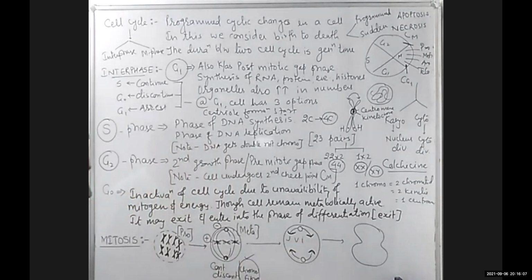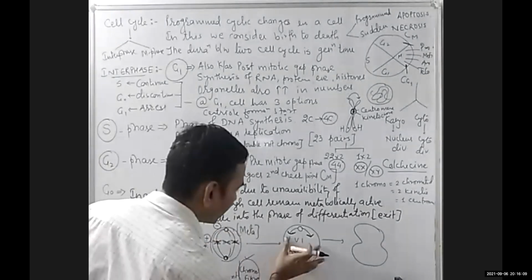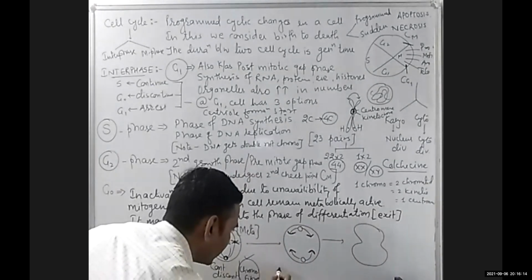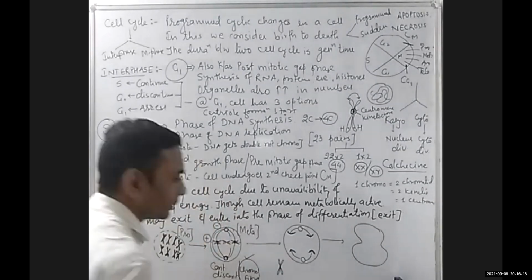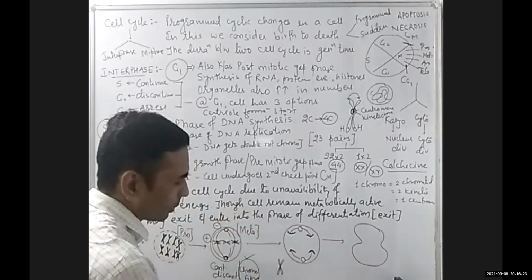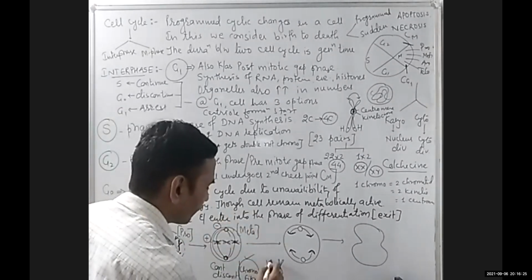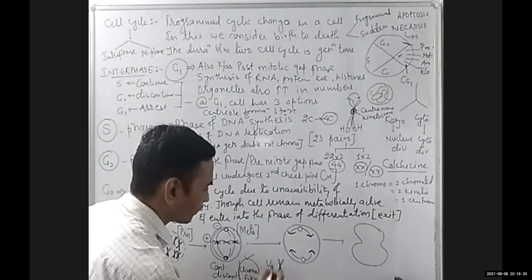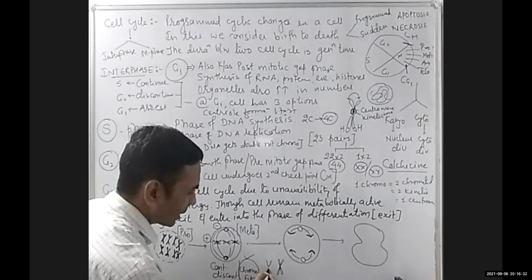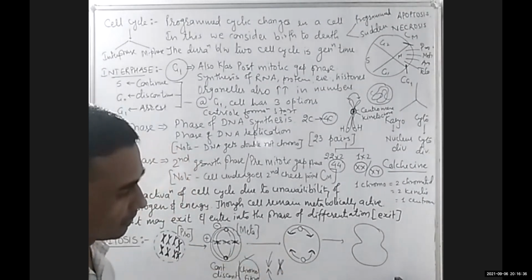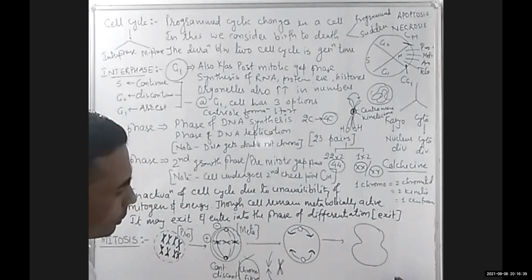Why do these shapes appear? Let me tell you that too. Because there are different types of chromosomes, like one which has the centromere exactly in the center. This is a metacentric chromosome. So when this separates, what shape will you expect? V. Because this part will come from here and that part will be pulled from there, so a V shape will appear, right? Yes or no? Yes, sir.